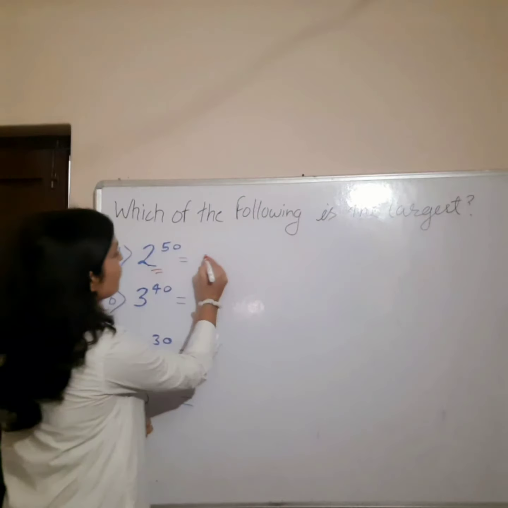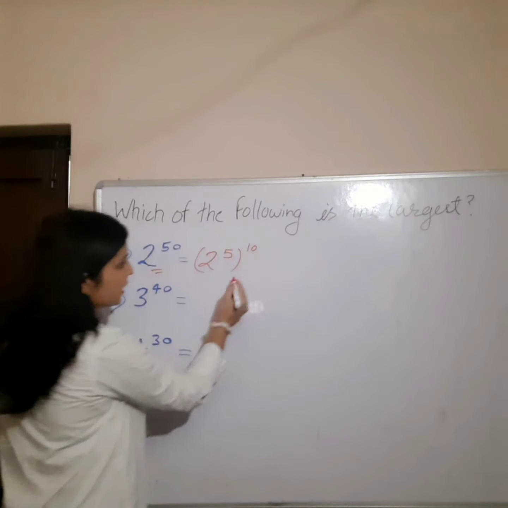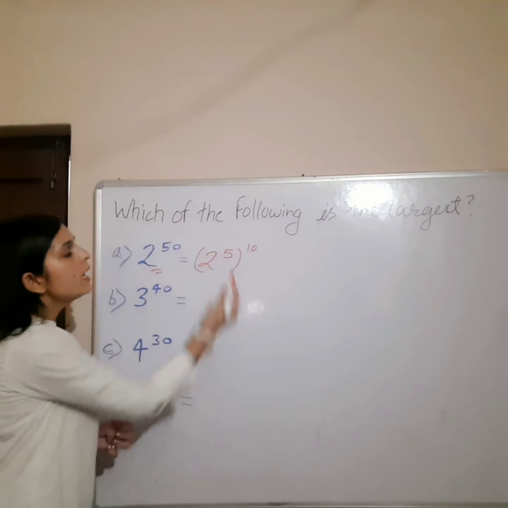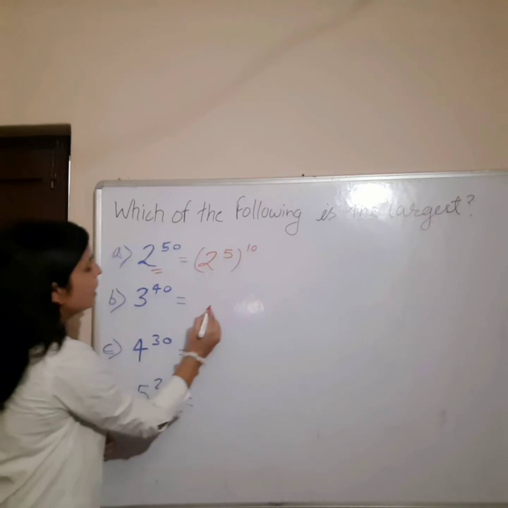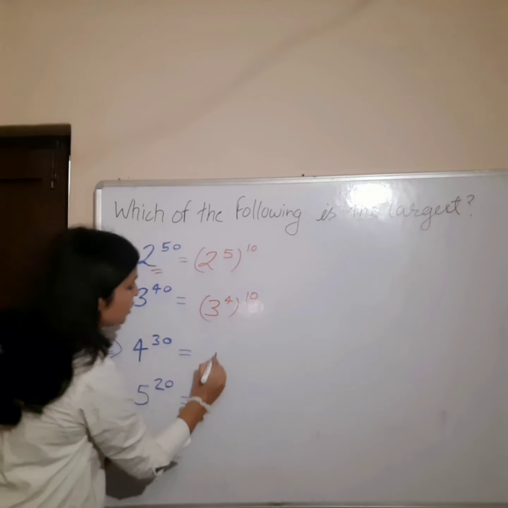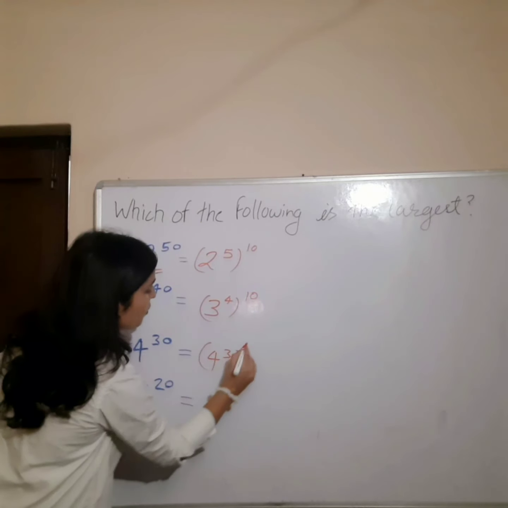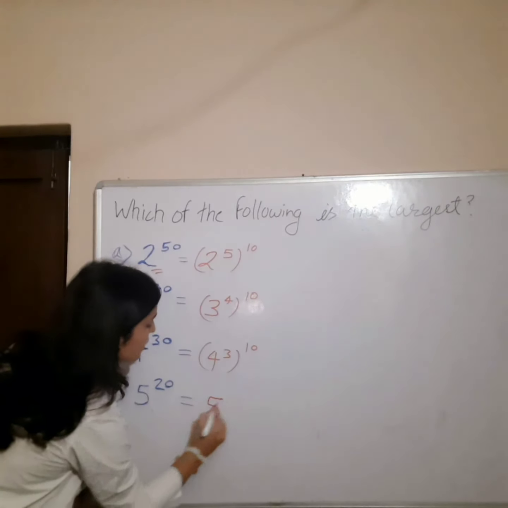लेट्स सी हाउ. 50 को हम 2 to the power 5 10 लिख सकते हैं, बिकॉज पावर्स का रूल होता है कि व्हेन यू ओपन द ब्रैकेट द पावर्स गेट मल्टीप्लाइड. 5 10s are 50. 3 को वी कैन राइट 4 to the power 10 and इसको we can write 3 to the power 10. 3 10s are 30, 4 10s are 40 and here we can write 5 raised to